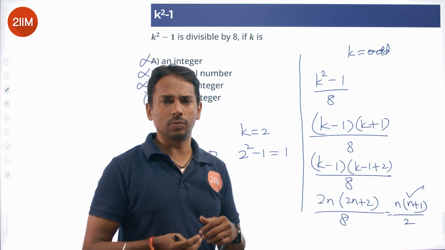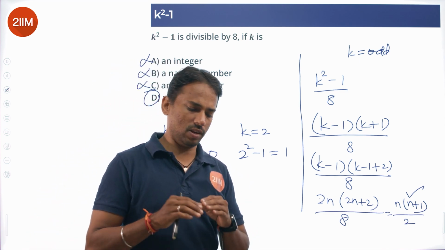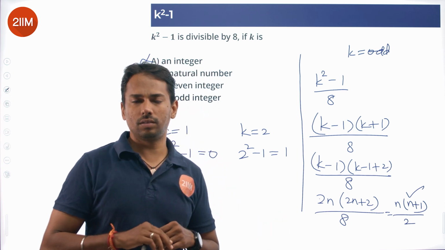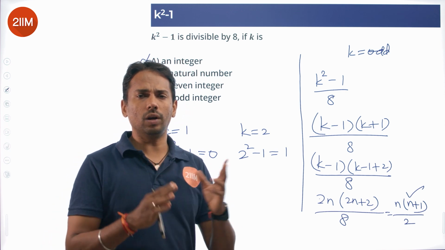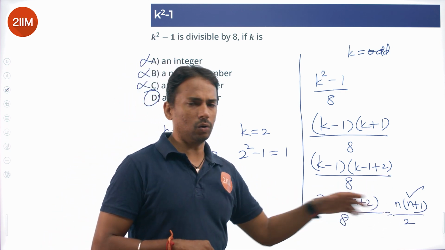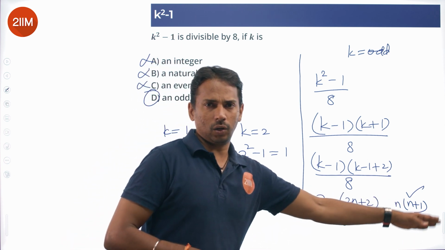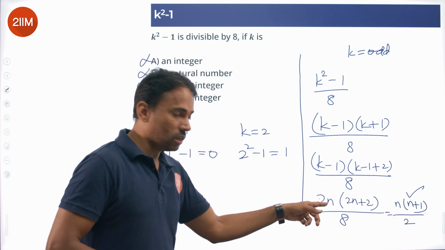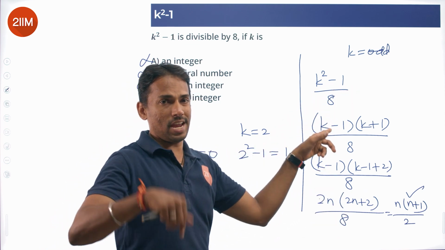The product will be divisible by 2. Why? Because for sure one of them is odd, the other one is even. Because we are considering consecutive numbers, it will always work. Any two consecutive numbers, one odd, one even. That even number will be divisible by 2, making the product divisible by 2. This expression will be divisible by 8, making this expression always divisible by 8 whenever